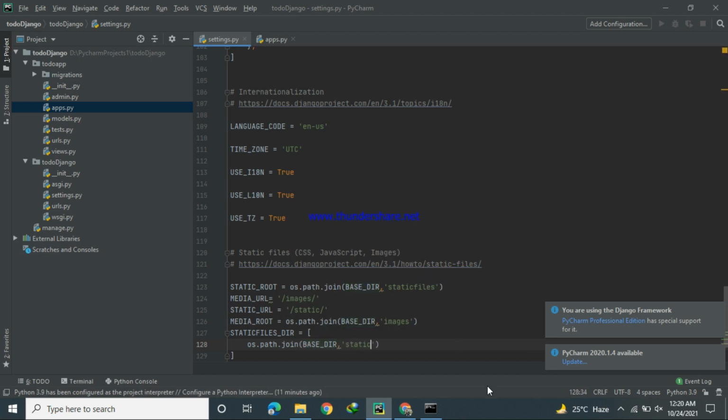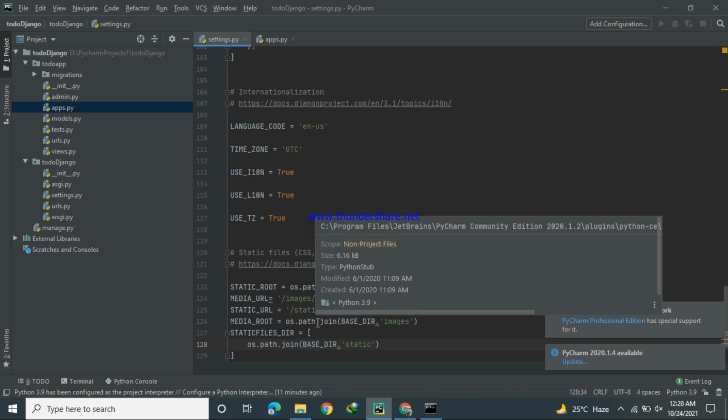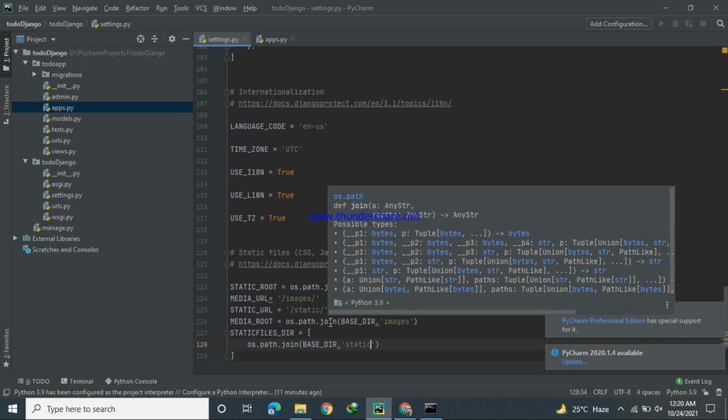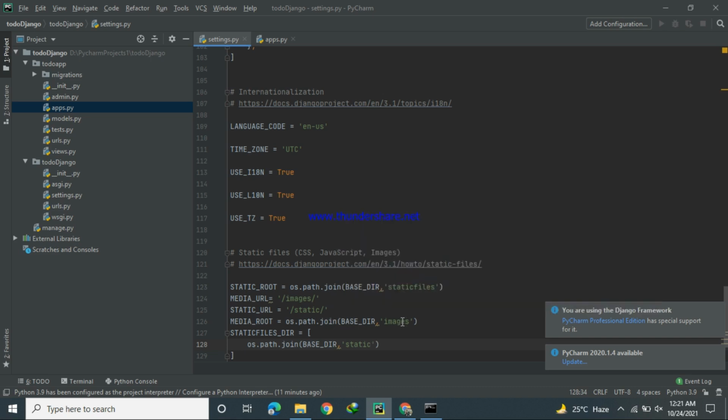I will place my static data in the static folder, which will be collected in our base directory, that is static files, and our project will use these collected static files for our front end. Okay, and our media will be stored in a folder images. And we have a root here, media root path. I mean the main place where our media is stored, that is joined by a path os.path.join images. This folder is joined. Okay,